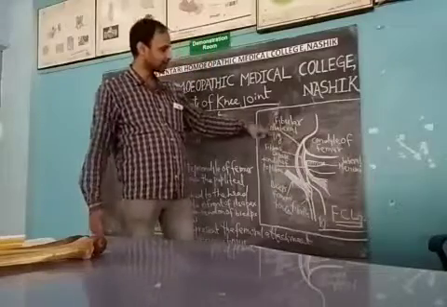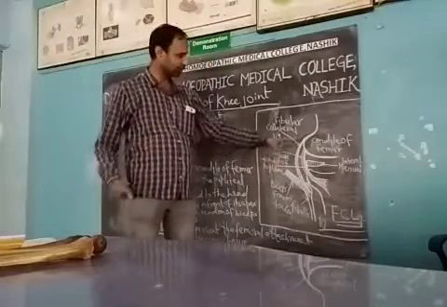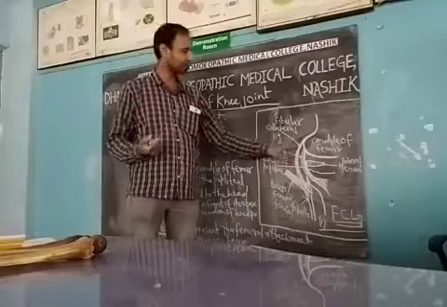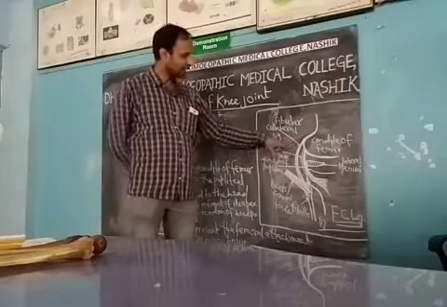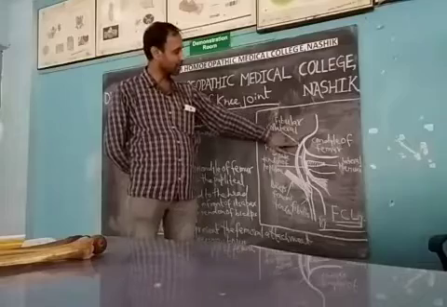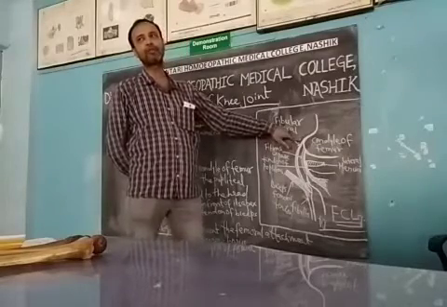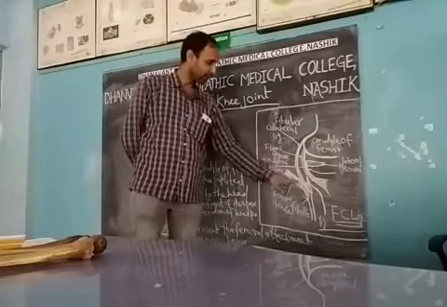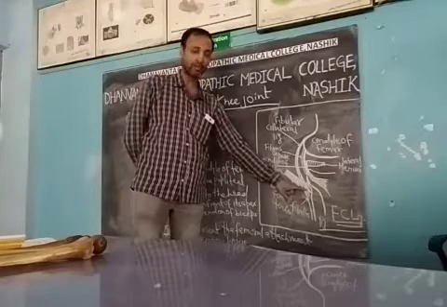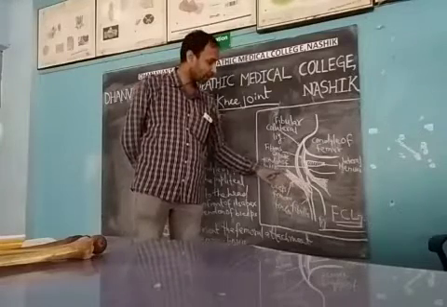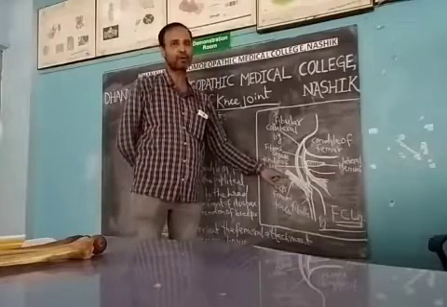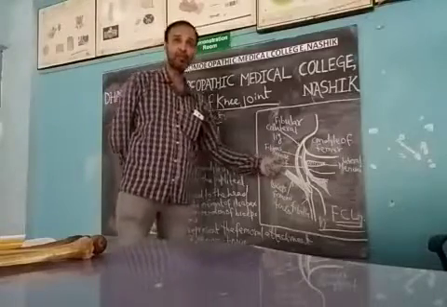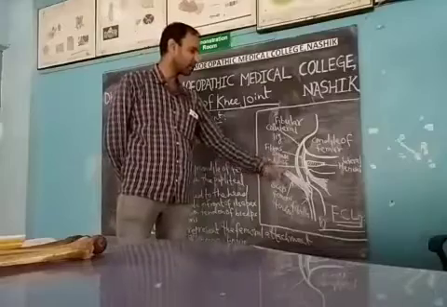This is again a band-like or cord-like ligament. It is strong, so it's a strong cord-like ligament, approximately 2 inches in length. This ligament is attached superiorly to the lateral epicondyle of the femur, and inferiorly it is attached to the head of the fibula, just near its apex, along with the tendon of the biceps femoris. So this is its attachment. And morphologically this represents the femoral part of the peroneus longus.